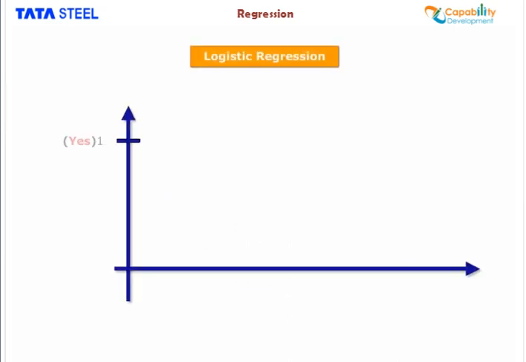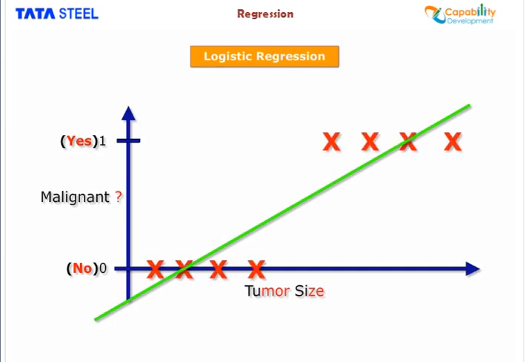Consider that you are trying to fit a straight line through a sample dataset. In the example, malignant tumors get 1 and non-malignant tumors get 0, and you are trying to fit the green line. While making predictions, you conclude that if the value on the line lies above 0.5 on the y-axis, then the tumor is malignant, else it is benign. Do you think your model will predict accurately?